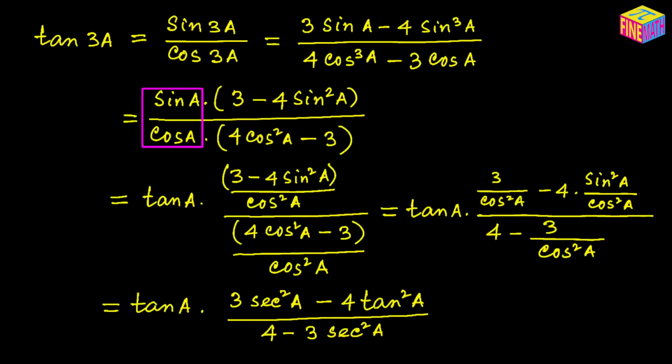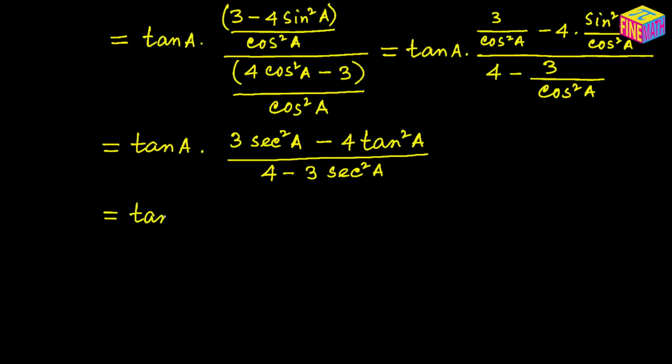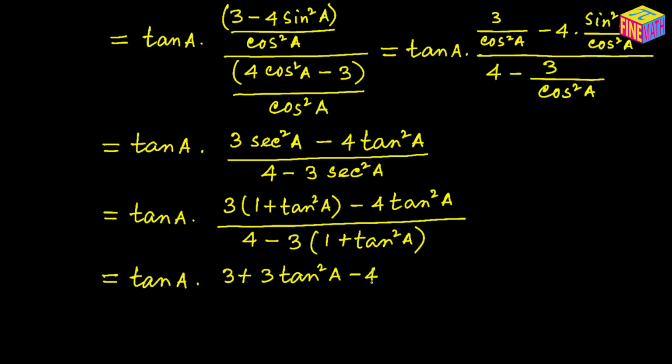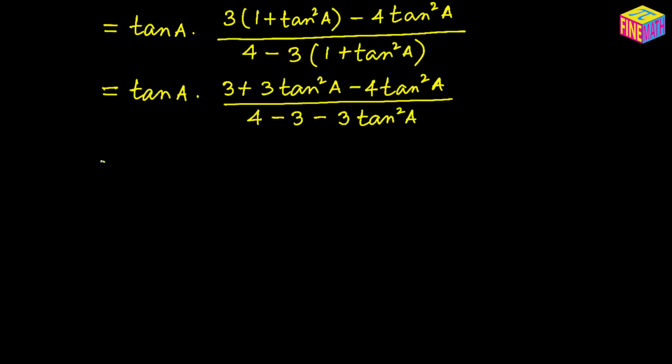So then from here can we write it like this? This will be tangent of a times 3 times secant square of a, which can be written as 3 times 1 plus tangent square of a minus 4 times tangent square of a, and whole divided by, we can write 4 minus 3 times 1 plus tangent square of a, and from here if we simplify a little bit, what do we get? Well, outside we have tangent of a times, in the numerator what do we get? We get 3 plus 3 times tangent square of a, and then minus 4 times tangent square of a, whole divided by, we have 4 minus 3 minus 3 times tangent square of a,